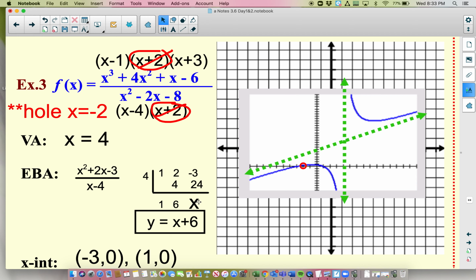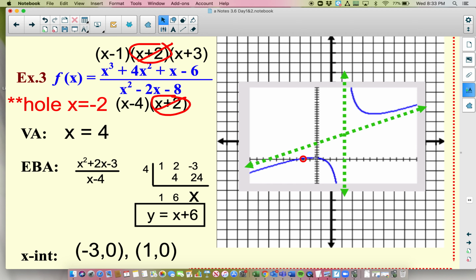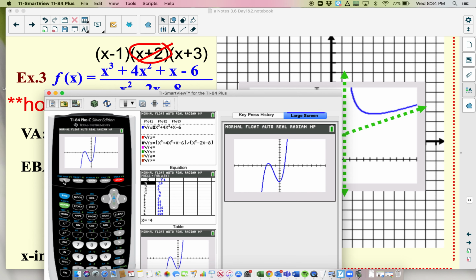And the y-intercept, I didn't talk about the y-intercept, but if you plug 0 in for all the x's here or here, it doesn't matter. But you'll get 3/4 for the y-intercept, and you can see that here as well. So really, again, if you go to your graphing calculator, and I will